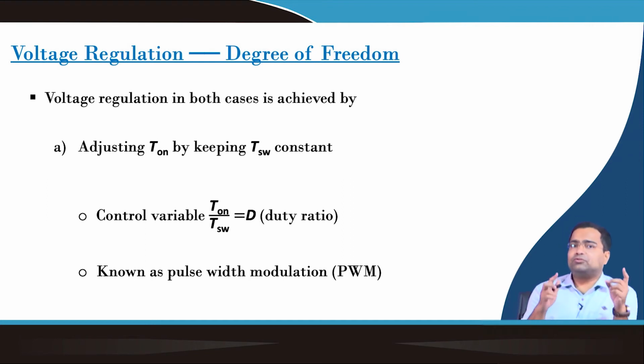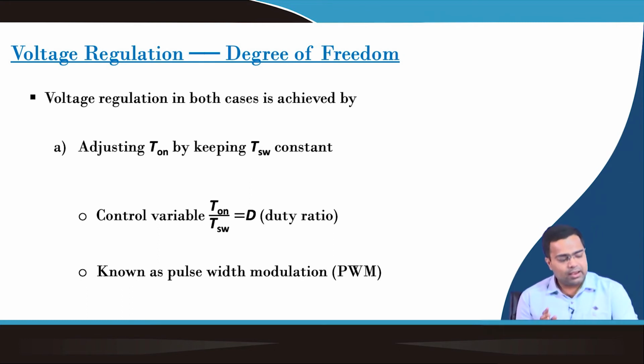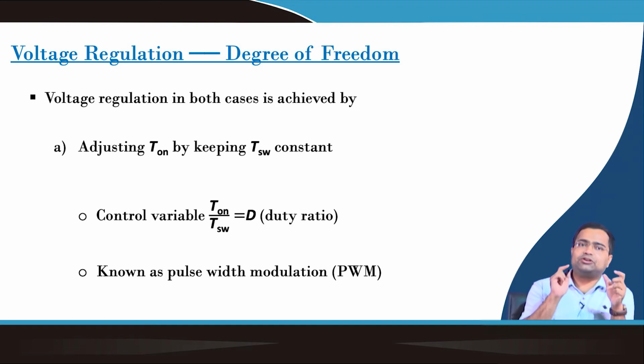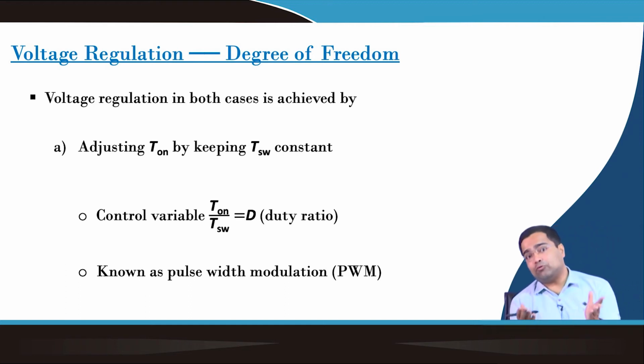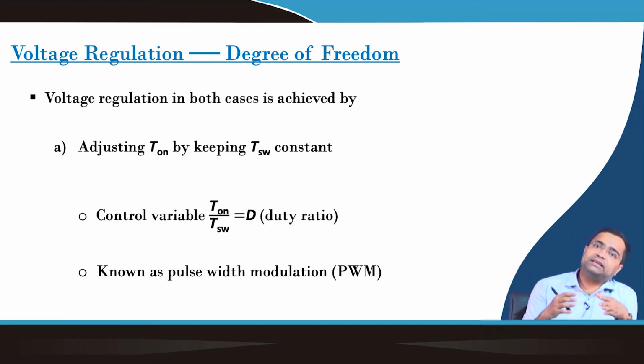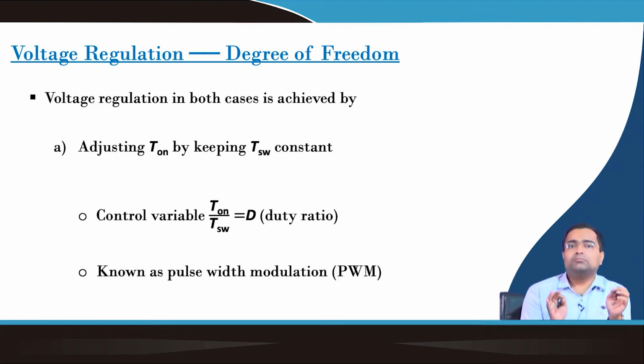Now, our ultimate objective is to regulate the voltage, whether it is a step down or step up converter. In order to regulate the voltage, what can vary? As we have discussed in the previous slide, the voltage gain kV is V0 by Vin. So, we want to keep output voltage constant. That means we want to maintain, regulate, the output voltage when there can be a change in input voltage, Vin. There can be a change in load current also, although this voltage gain expression does not include the load current explicitly, but if we consider parasitics, that load dependent term will also come.